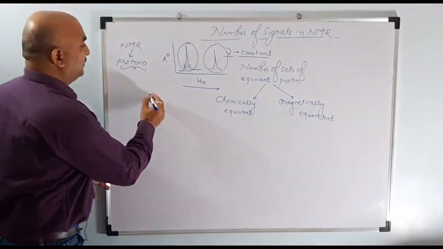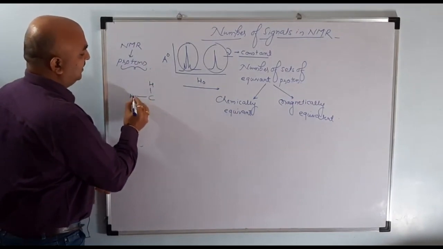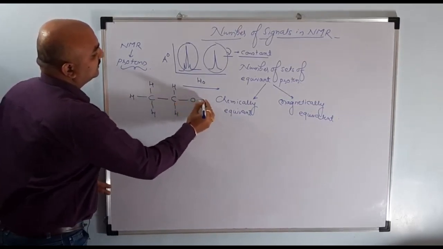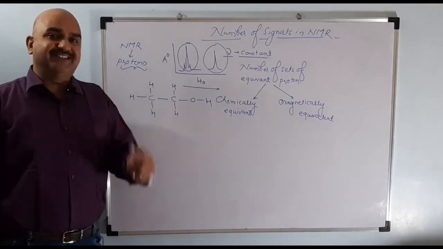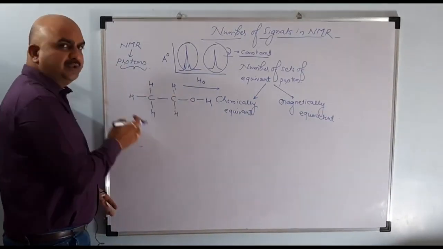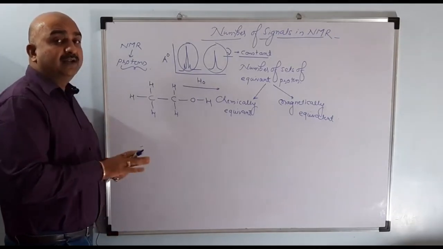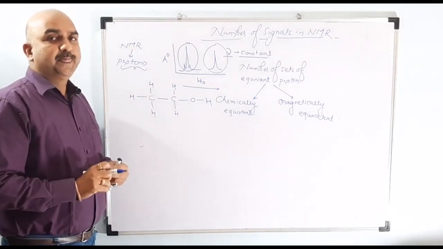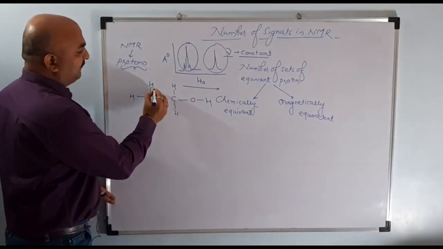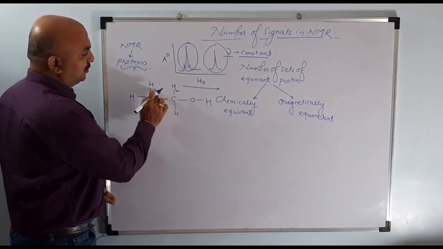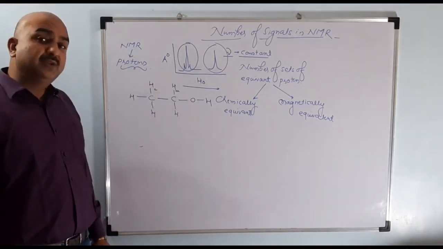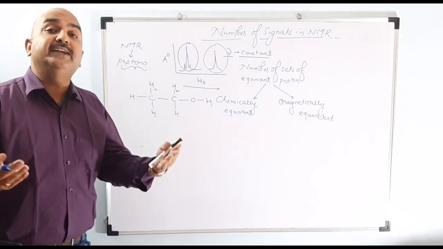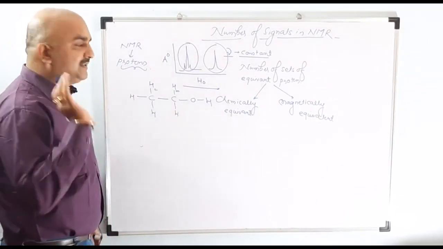Now consider we are having the compound like this. Please see the number of hydrogens. Now all these are hydrogens, but it depends upon their absorption of magnetic field. They will become equivalent and non-equivalent. Now this magnetic field is different. This proton and this proton are different from each other, although they are protons. And as they are different from each other, they will absorb different magnetic field for excitation. How are they different? Please see.